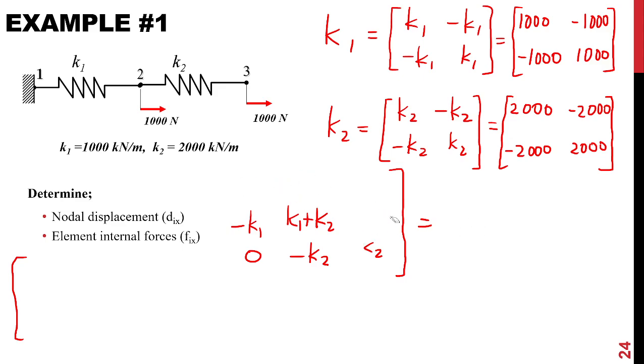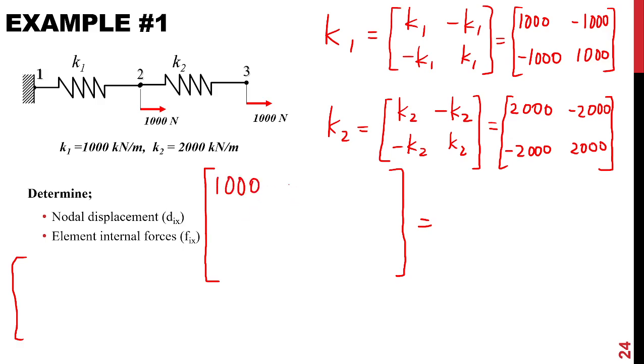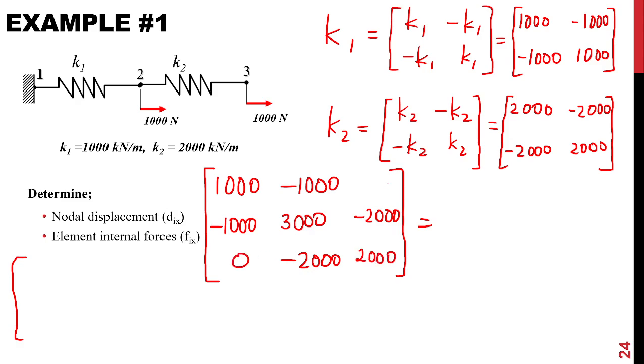If I put in properly with the proper value, seribu, negatif 1000. Lepas tu negatif 1000, 3000, negatif 2000, negatif 2000, 2000, and then this one 0, this one 0. And then